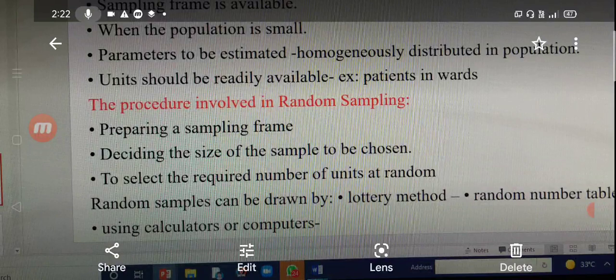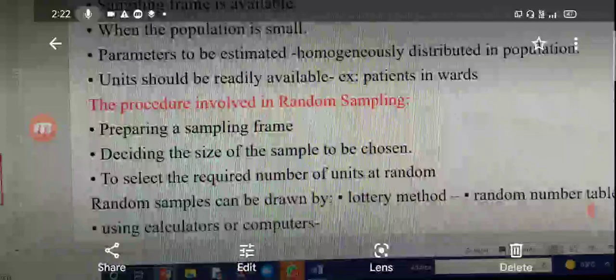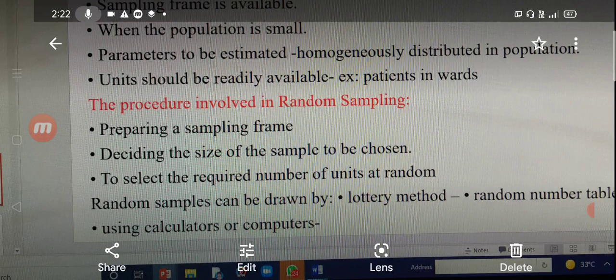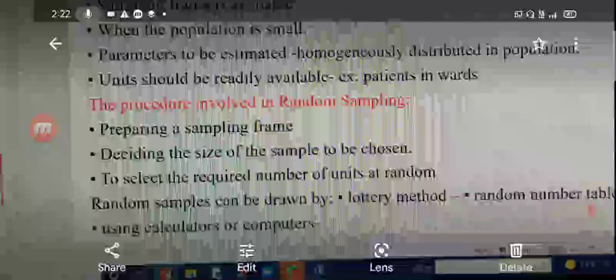For example, if we want to study out of 100, 15 members as our respondents, then we have to calculate. We have to divide the 100 members by the 15, then we can get a clear cut alternative number. So, like this there are some formulas. Based on those formulas, the researcher may get a kind of framework, and here the random samples can be drawn by the lottery, or random samples can be drawn by the tables. For example,